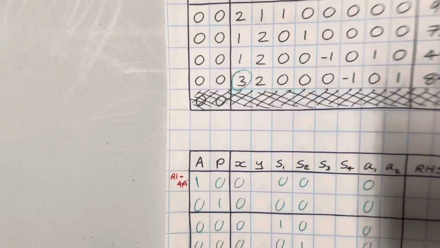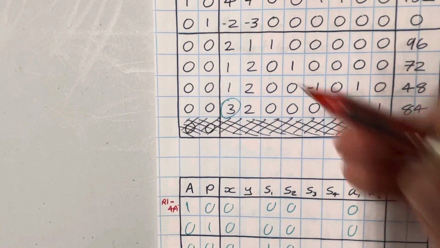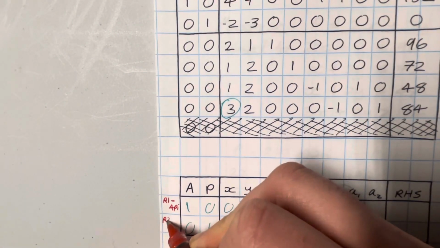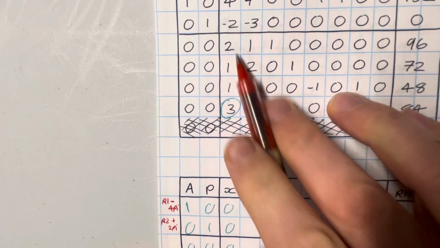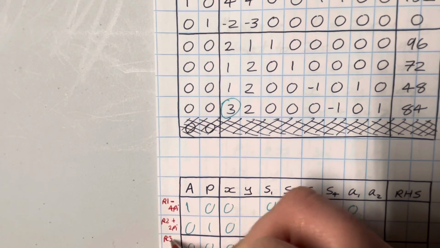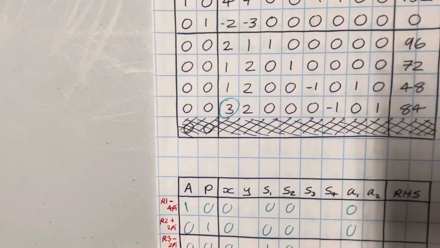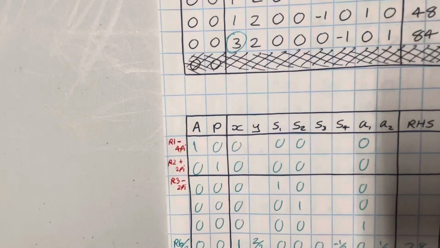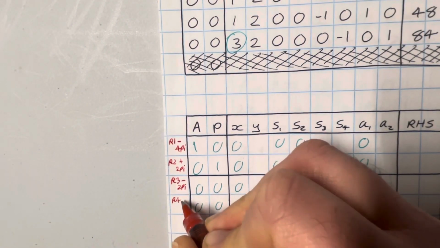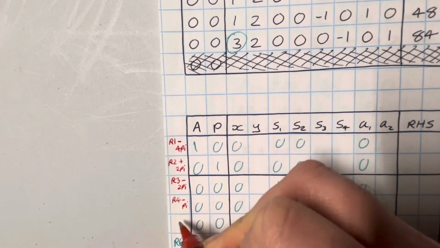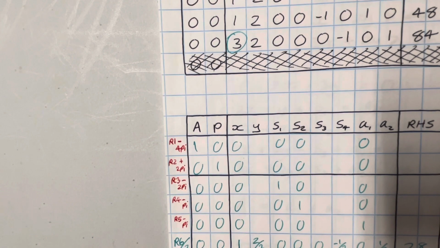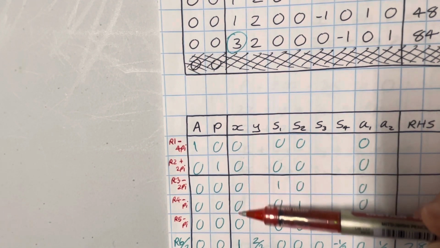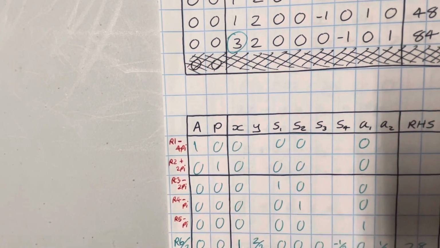And if I do that for all of those elements, the next one is plus 2. So row 2 plus 2 times the pivot. Then I've got a positive 2, so I need to do row 3 subtract 2 times the pivot. Then my next elements are both 1s, so I need to do row 4 subtract the pivot, and then finally row 5 subtract the pivot. And what that'll do is it'll ensure all of these are the number 0. So these are my commands that I'm going to carry out